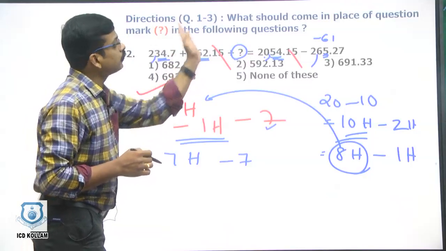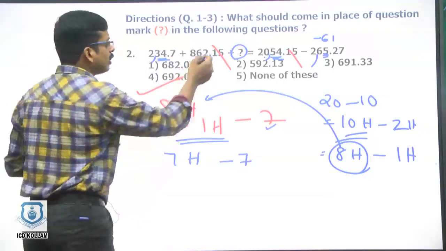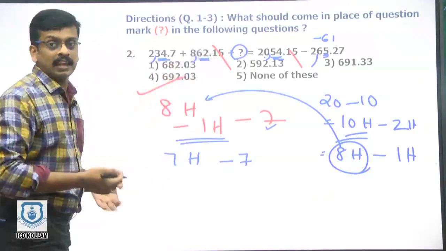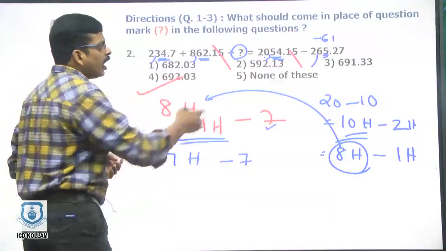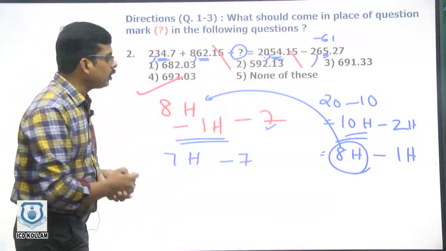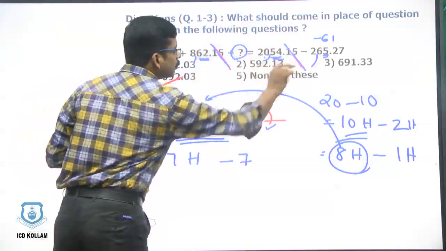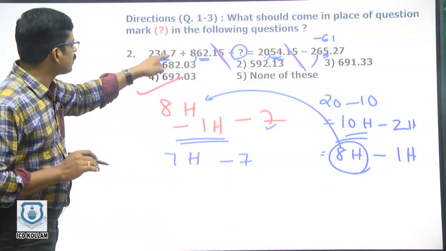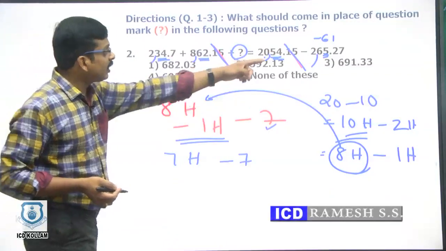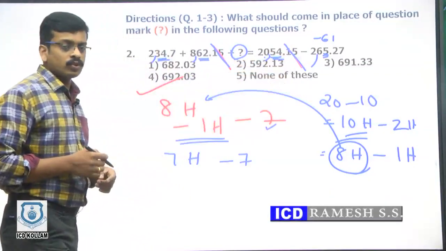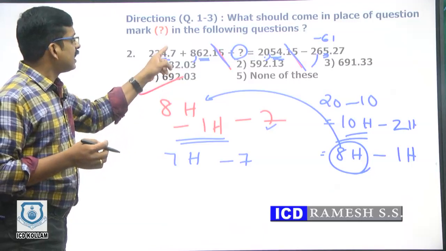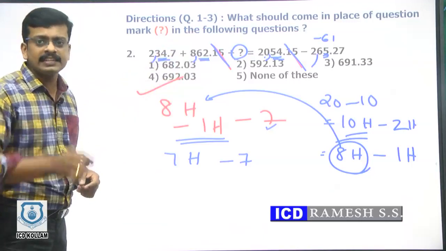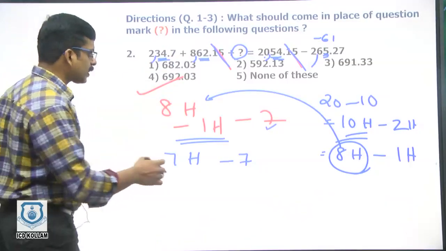Actually it is plus, shifting to that side it will be minus, so keep in your mind it is minus sign: minus 1.15, and it is plus 0.15. That is why I cancel these two numbers. No need to consider those numbers. This is 0.70, there is a 0.27, so together it is 0.97 with a minus sign. So you need to subtract